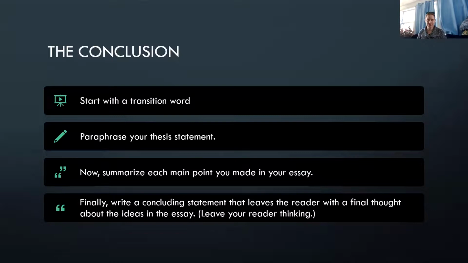For your conclusion, you want to start with a transition word. You want to rephrase your thesis statement, so it's not the exact same wording you used at the beginning. You're rephrasing it, you're summarizing it somehow, and you do want to summarize each of your main points that you made in your essay. And finally, and this is one of the most important aspects of a conclusion,